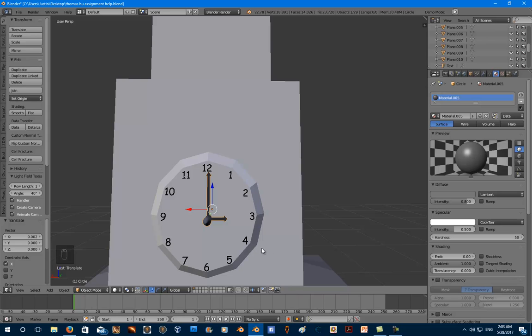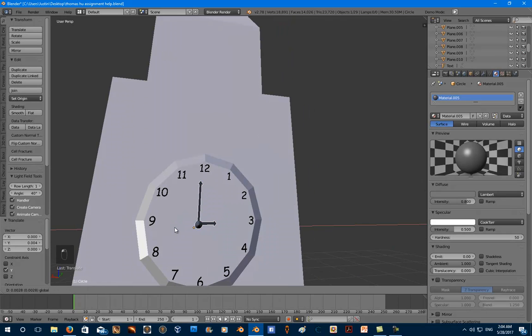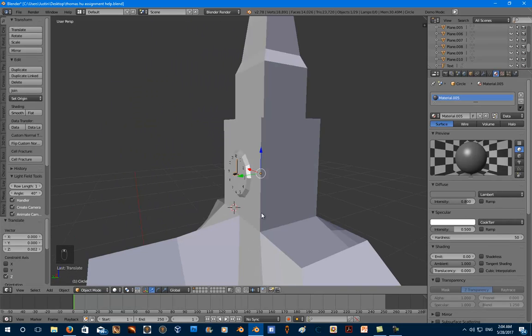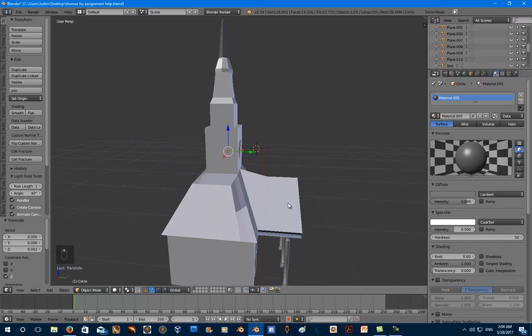And as you can see, it's a little bit high in scale, so we need to bring that forward a little bit. And there we go. It all works out. So as you can see, the time on the clock will be set as 3 o'clock. So there we've got our clock facing,